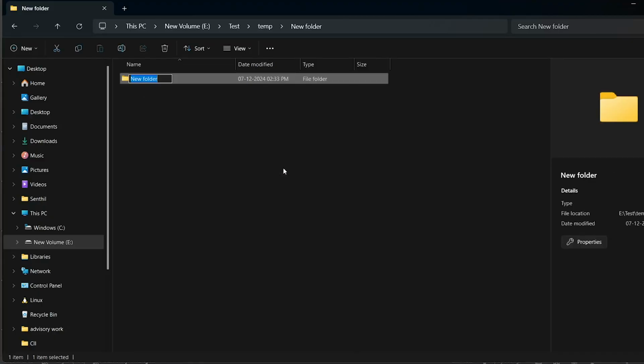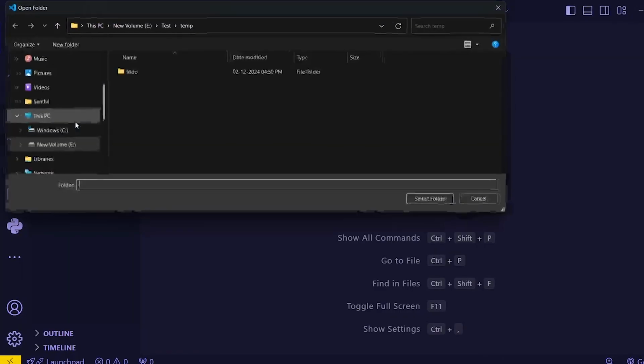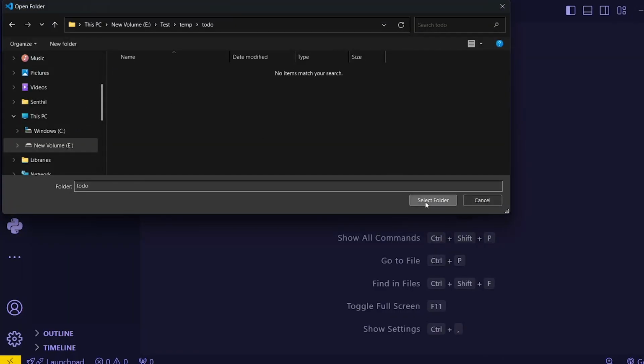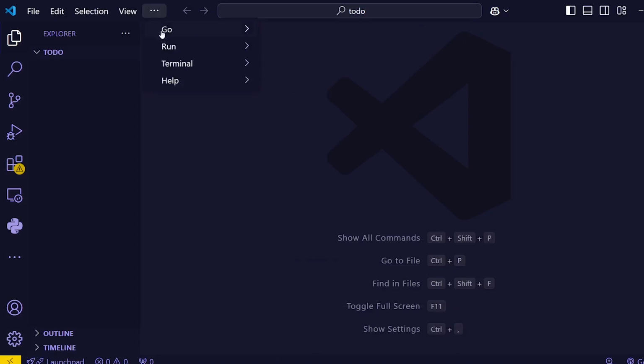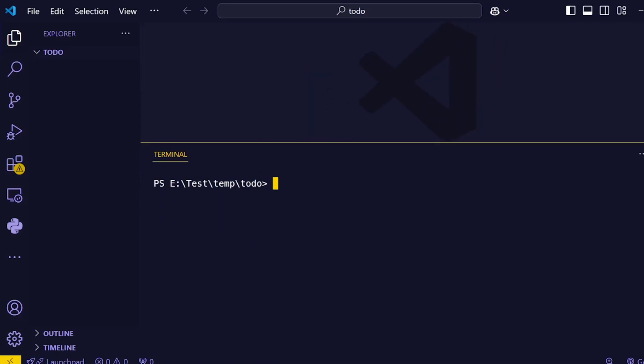Create a new folder in your system, name it to-do app, then open this folder in VS Code. Go to File, select Open Folder, select the to-do application, then go to Terminal, select New Terminal, then type composer global